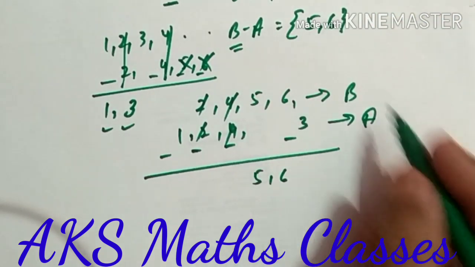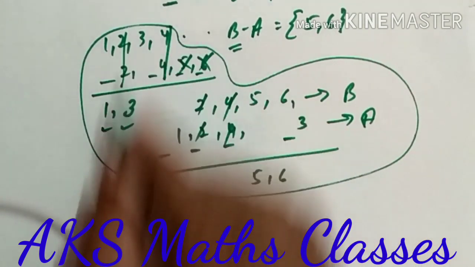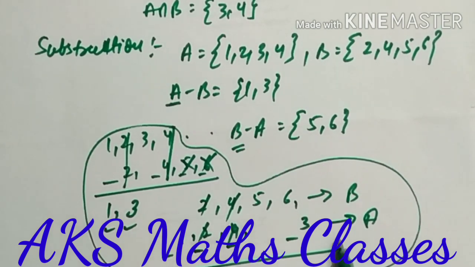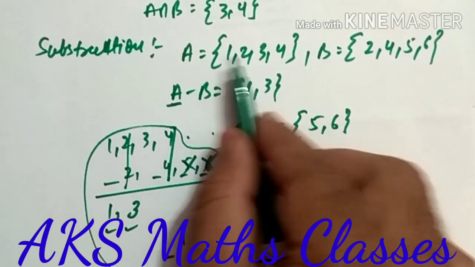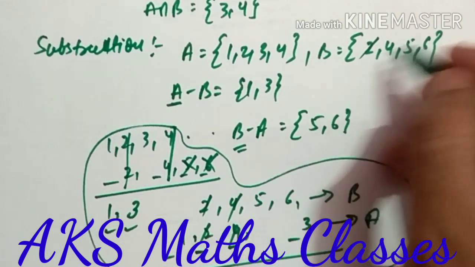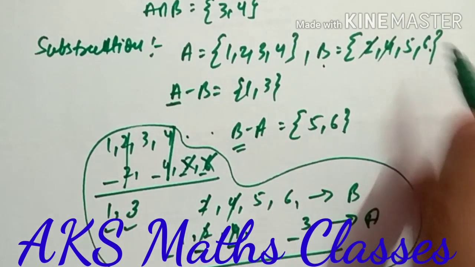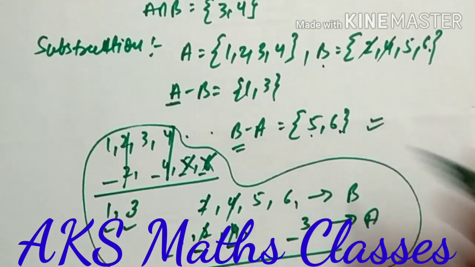You don't have to show this method. This is not a particular or prescribed method. I am just telling this for clearing the concept, just for teaching. Simple, we will see: this is 2 4 5 6, here is 1 2 3 4, and 2 and 4 are common. So subtract this 2 and 4 from here. So what is left in B? 5 and 6 are left. So 5 and 6 will come here. So this is the subtraction of two sets.